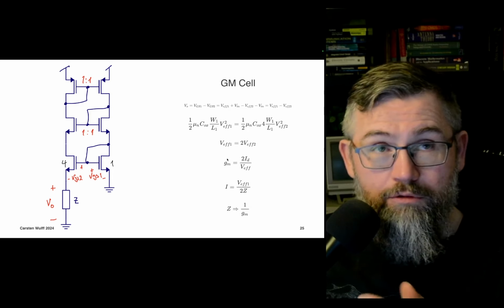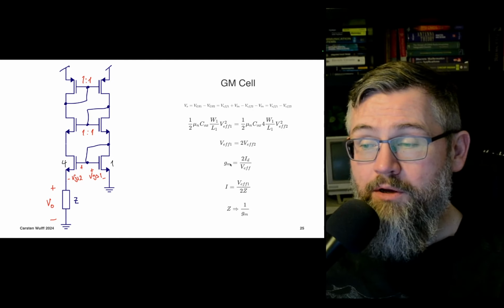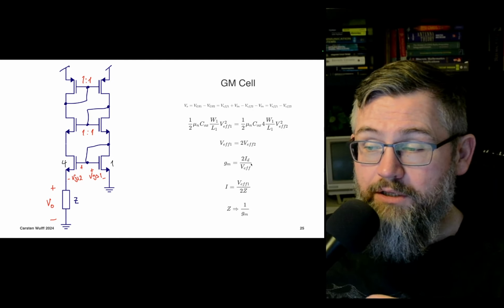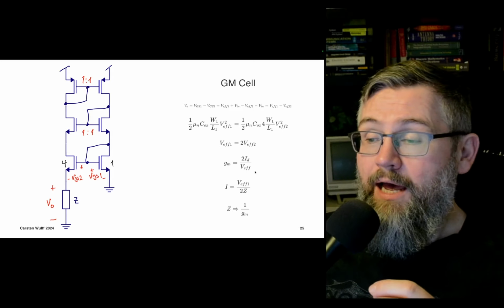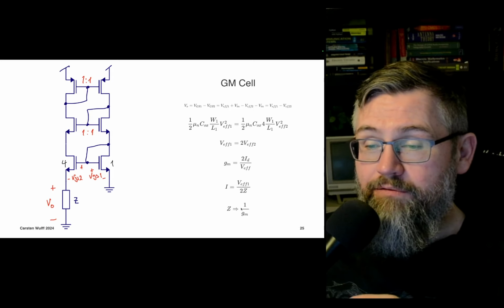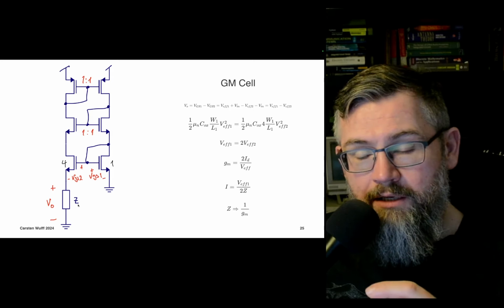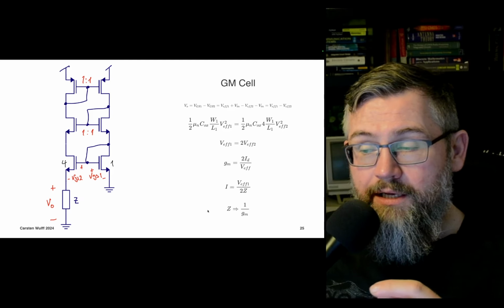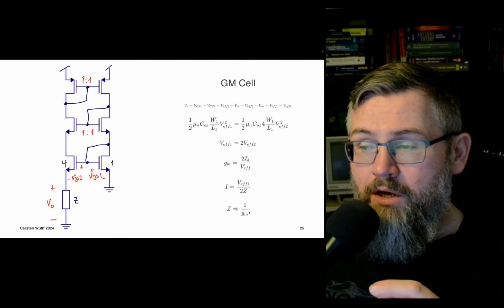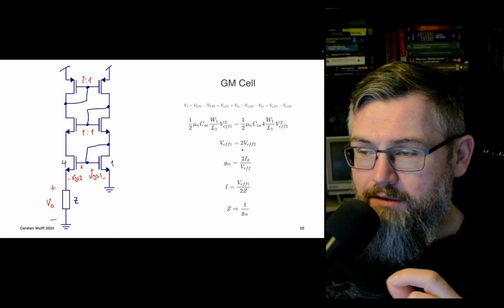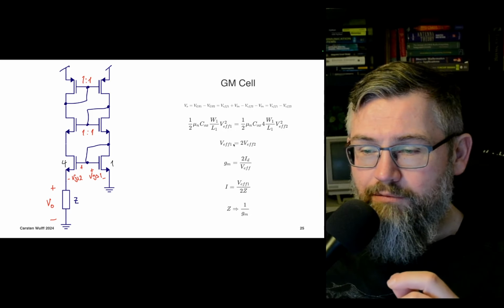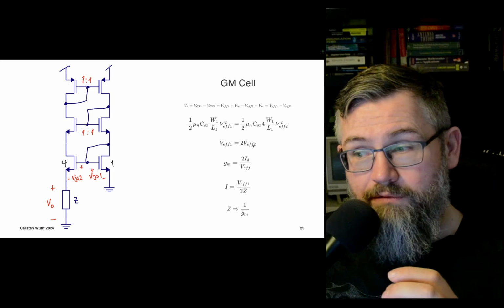Now we can use the relationship for GM, where GM is given by 2ID divided by VF. And we can turn that around, and we can figure out that the impedance down here is equal to 1 over GM. Now, another point I should mention is that if we now look at the fact that VF1 is equal to 2 VF2,